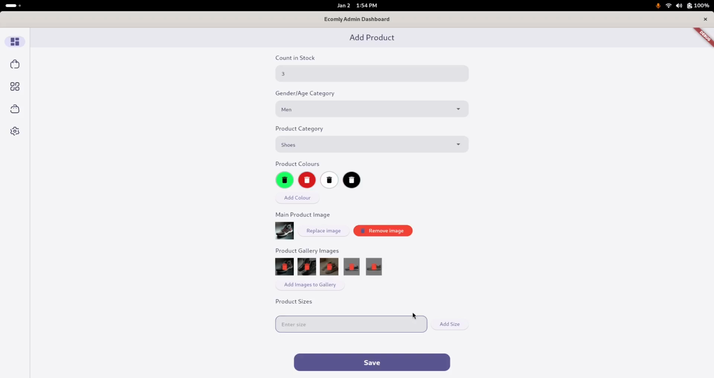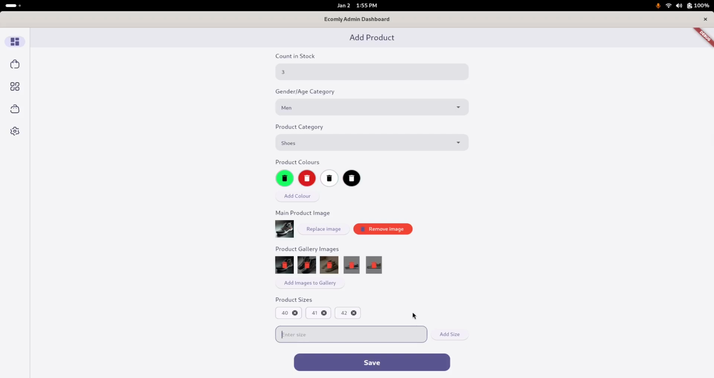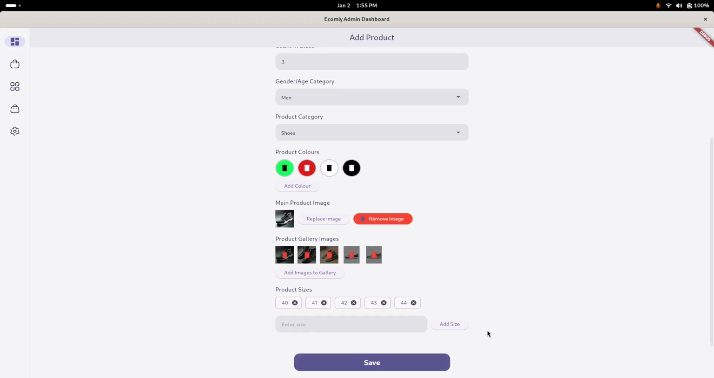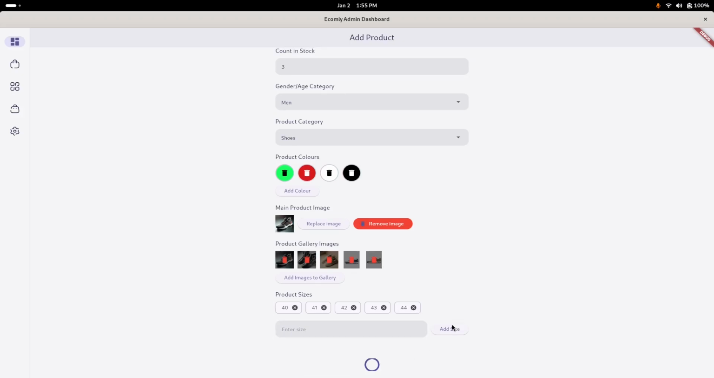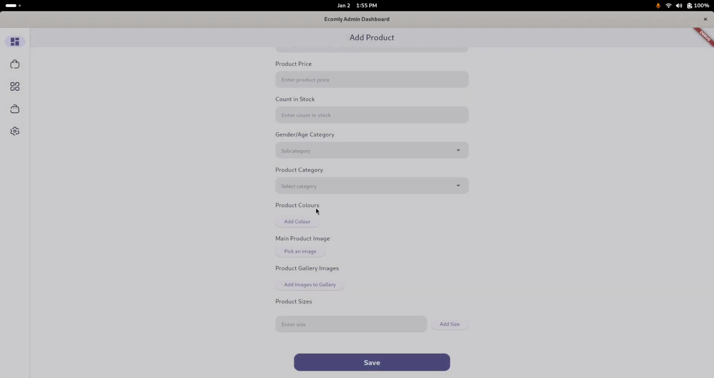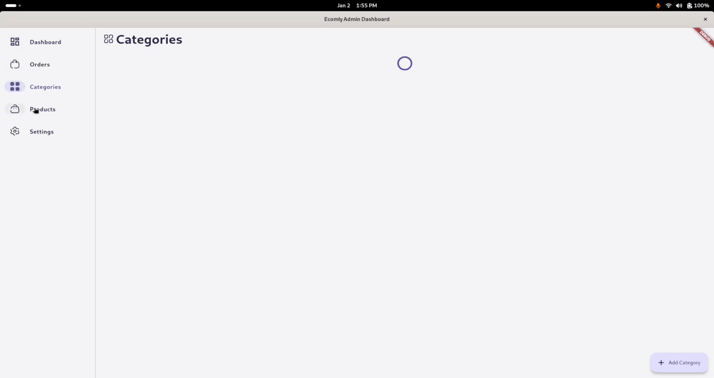and finally we've got numbers. So let's do 42, 40, 41, 43. Let's do 44, and that's it, right? So we save. So we do that, we save that. Product added successfully. We go back to products,